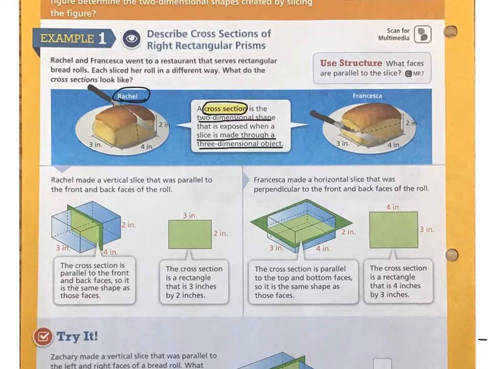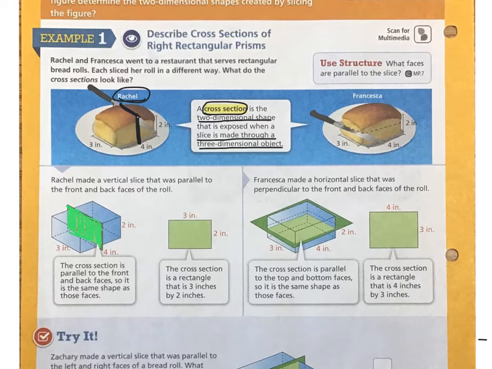Rachel's bread roll is on the right, or I'm sorry, on the left. And she slices it from top down to the bottom of the plate. So she cuts her bread roll basically in half, in two parts. So when she makes that slice, and you can see here in the picture, that this space right here in green